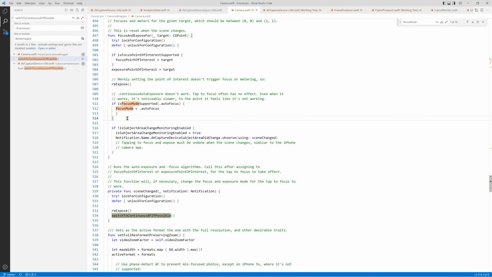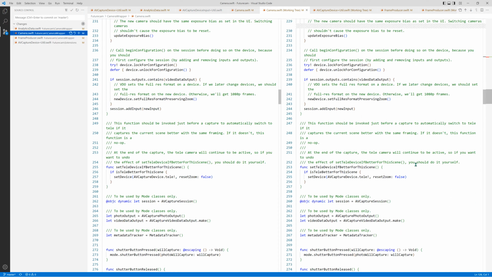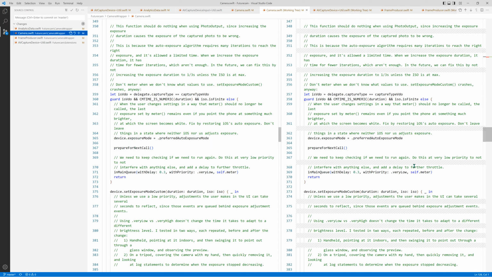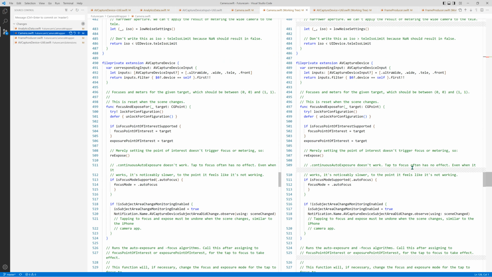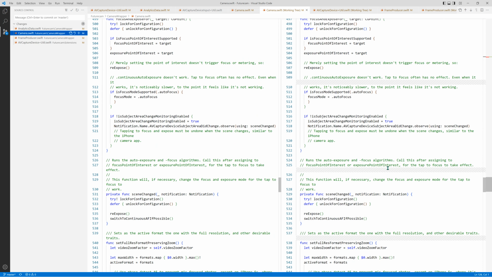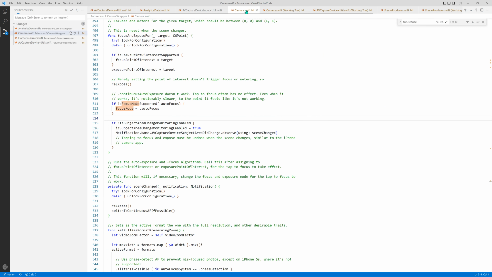Wait, did I mess up something here? There's an extra, what do you call it, closing brace, probably in a previous commit. Okay, never mind. So coming back here,